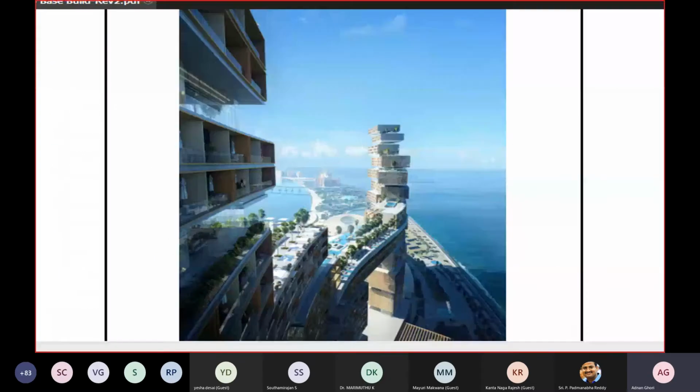So these are a few of the projects which I did a long time back. This is one of the projects. I hope you remember, any one of you who have visited Dubai. It's in Palm Jumeirah. This entire hotel is called the Royal Atlantis.